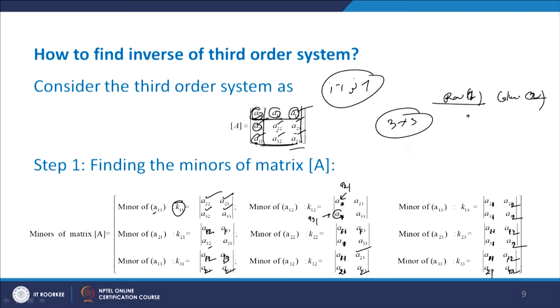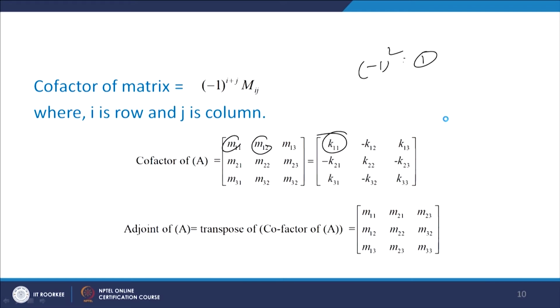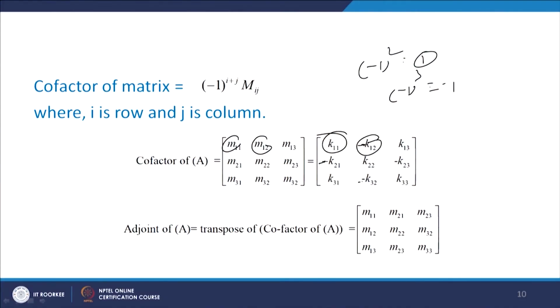So, 1 plus 2 is 3, so minus 1 raised to 3 equals minus 1. So, you find that the element is negative. So, minus M12. If you check all the elements in this particular matrix, you will find that this and this,